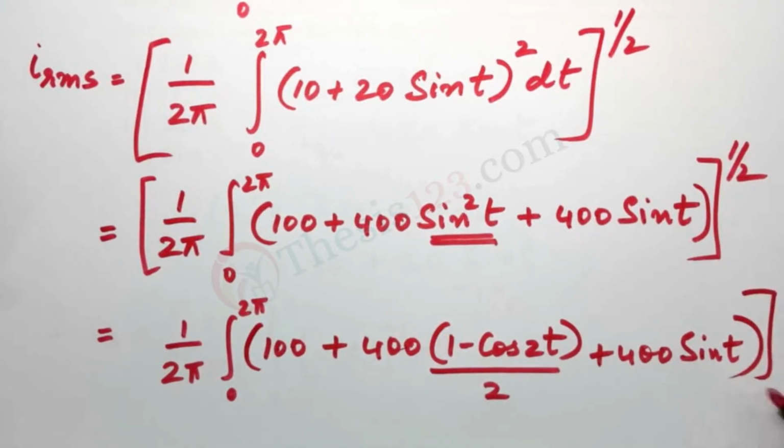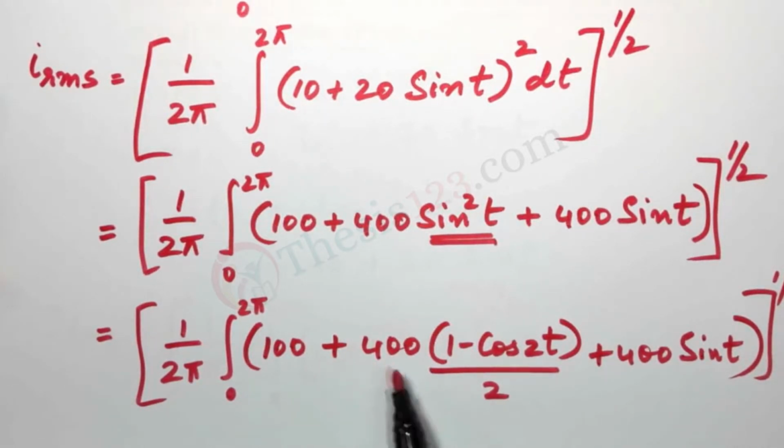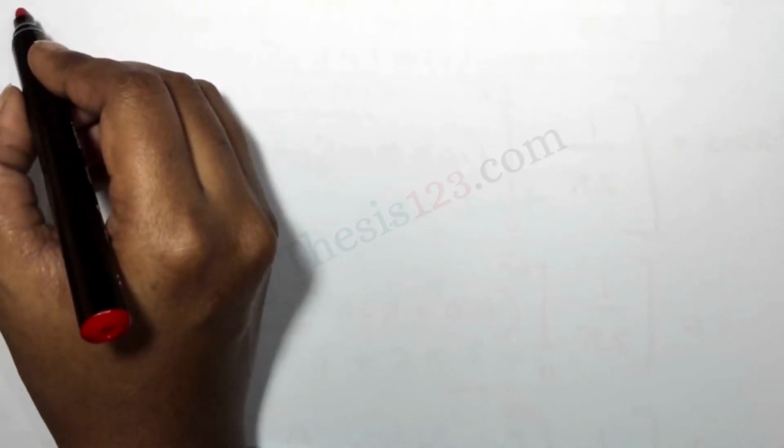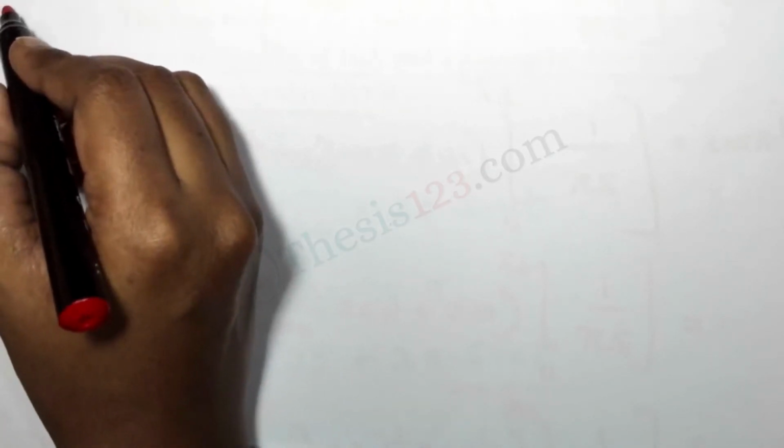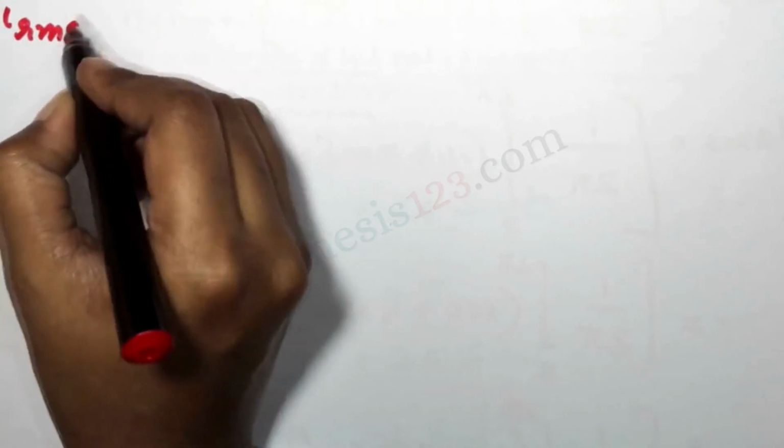The whole of this expression is under root. So now 400 into 1 minus cos 2t by 2 is 200 times 1 minus cos 2t. That's our next step. And we now have I RMS is equal to